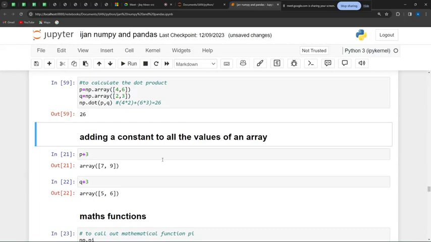So can I add a constant to values? Look at P. P is 4 and 6. If I add 3 to P, P is an array and the array is 4 and 6. If I add 3 to it, what will happen? It will add 3 to all the elements inside that array. So it will add 3 to 4. 3 plus 4 is what? 7. 6 plus 3 is what? 9. If I add 3 to Q again,